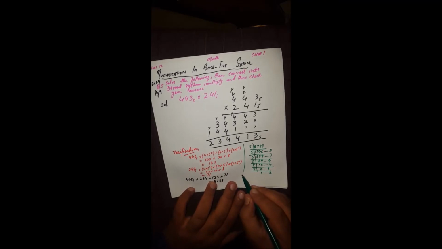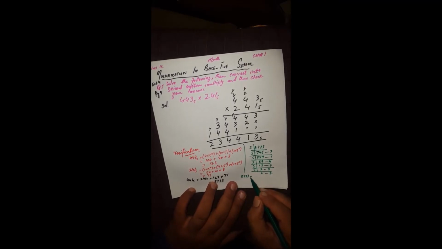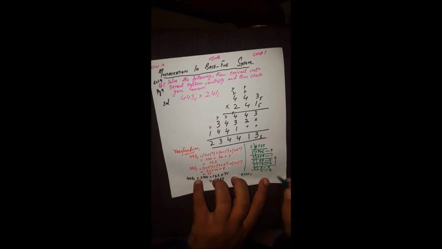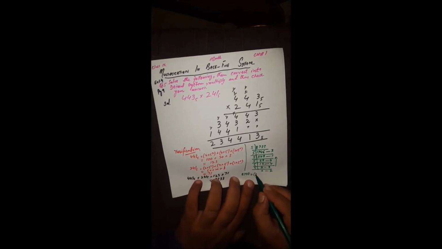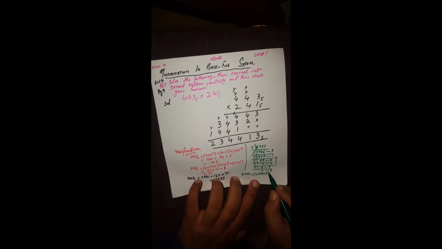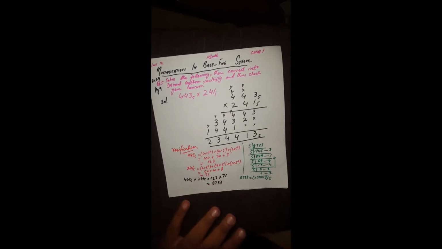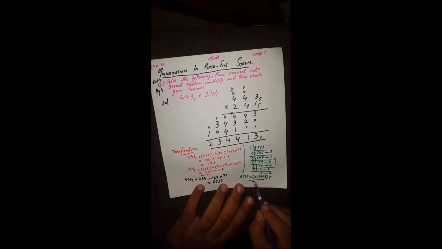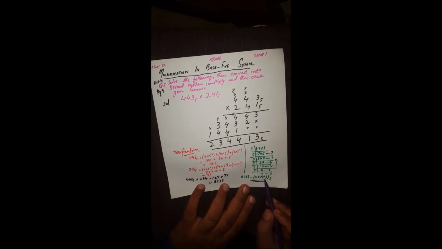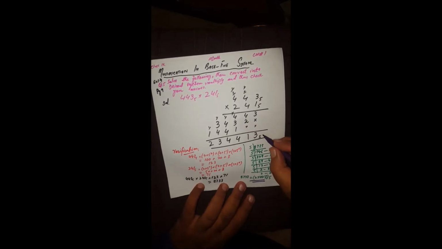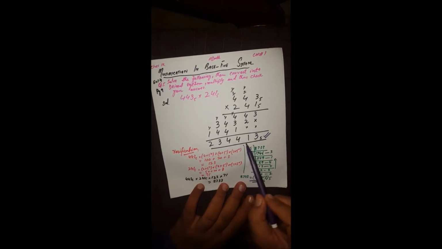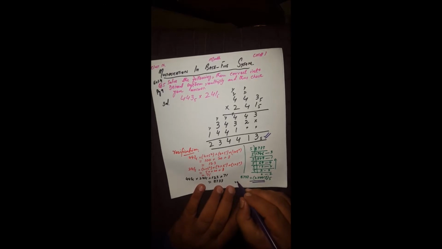The number 8733 in base 5, reading from bottom to top, is equal to 2 3 4 4 1 3. By comparing these two numbers, 2 3 4 4 1 3 in base 5 and the product we found, these two numbers are equal, so it is verified.